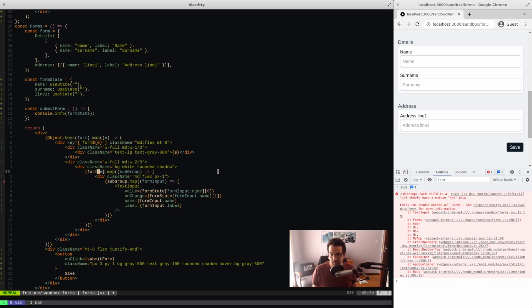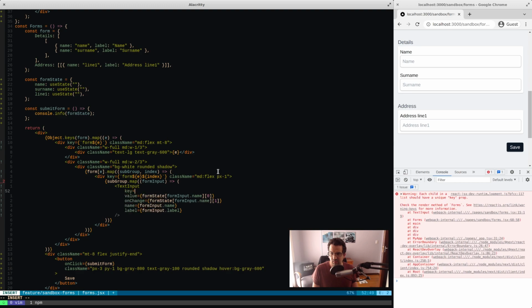And then over here, we've got another one that we have to add. So we just say key is, okay, we probably need to add an index here. So we'll say form E index, and then we'll need to do something like that. And then for the key, it's probably going to do something like this. So for the key, we can probably try and just use the name, but just to make it a little bit easier